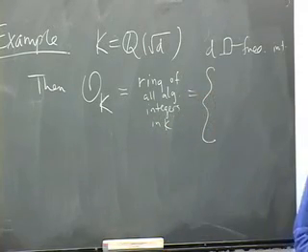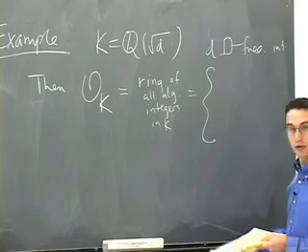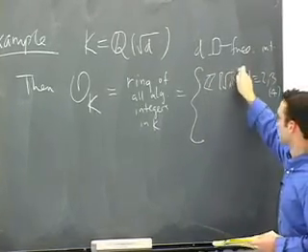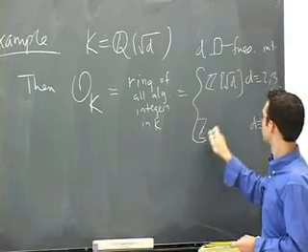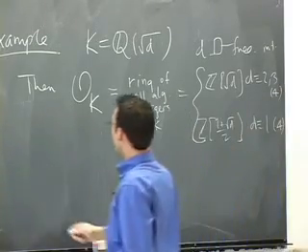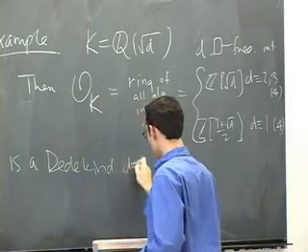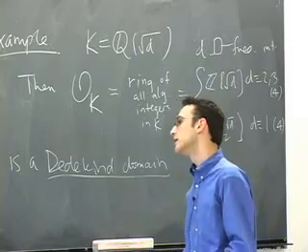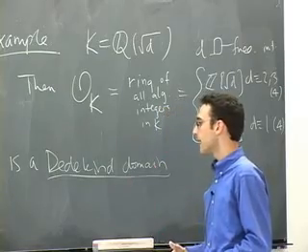And we know what the structure of this is. So what is it? Exactly. If D is congruent to 2 or 3 mod 4, it's just Z adjoin square root of D. And if D is congruent to 1 mod 4, exactly, so we know exactly what this thing is. And this thing is a Dedekind domain. Remember, to prove something is a Dedekind domain, you need to show that for every ideal, you can multiply it by some other ideal, and that product had better be principal. That's your hypothesis. This is what you need to show. And this is shown in the book